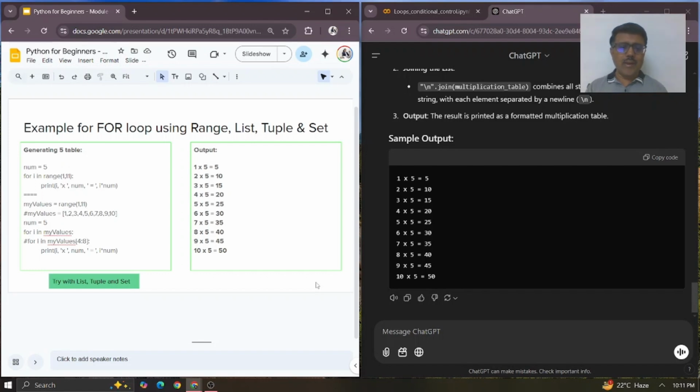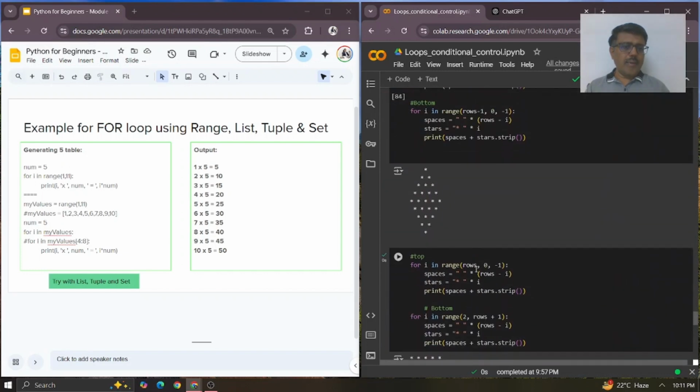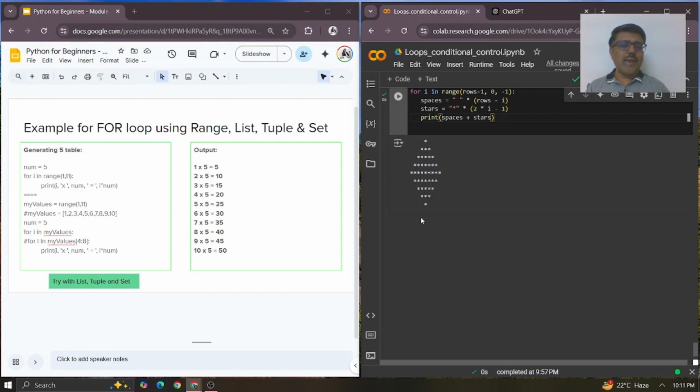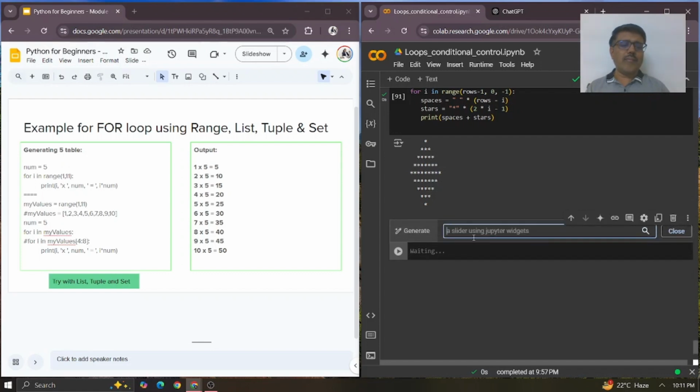Okay. So we will learn some more things with ChatGPT or Gemini. We can do that. So let me now quickly show you, for example, with the Gemini AI itself. Okay. So as you know, Colab directly has the Gemini AI integrated with it by default. Okay. So here you can see it, start coding, till now we are using that, or generate with AI. We are just putting it here. I'm just simply generating with AI. But here you can just write how to do it. Okay. So now, for example,